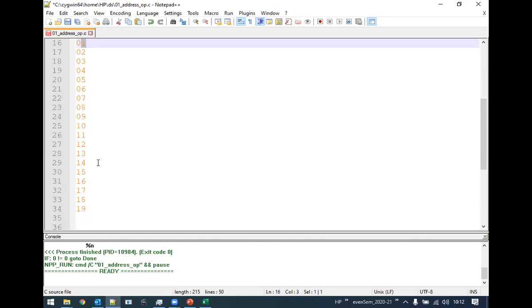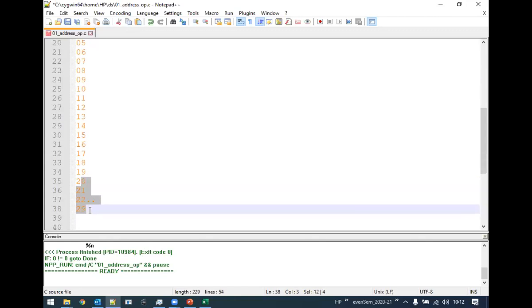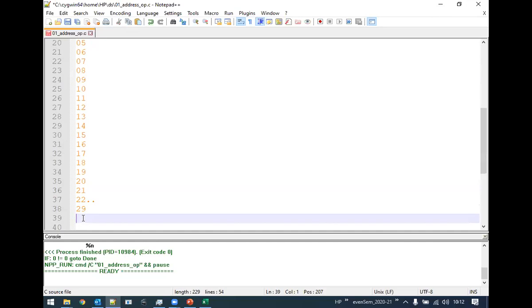Next number is what? 2. So after 1 9 I will write 2 and start with 0: 2 0, 2 1, 2 2, right? In this way I will continue writing up to 2 9. After 2 9, I will conclude that I have taken care of all 1 to 9. Then I'm going to write 3 0. The same steps, same logic. This is the type of logic which is applied in generating the natural numbers.